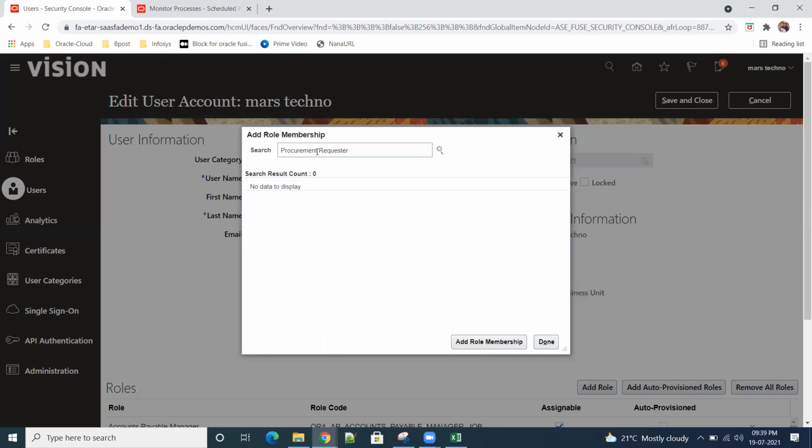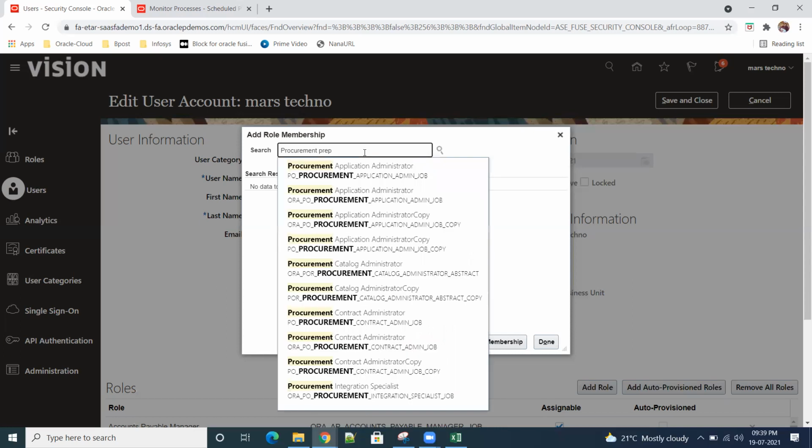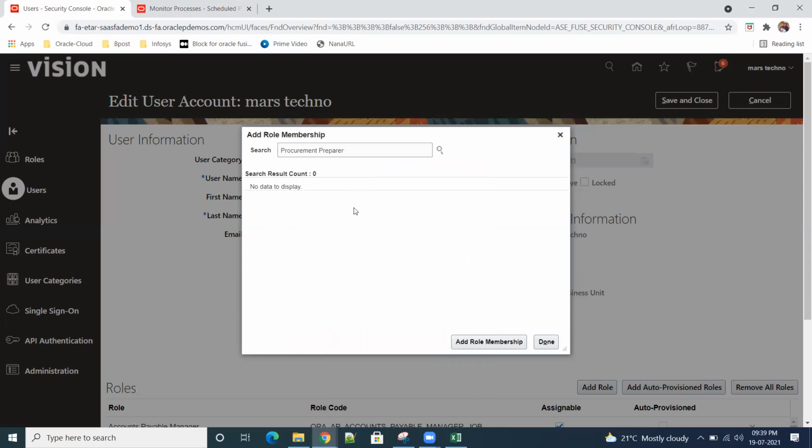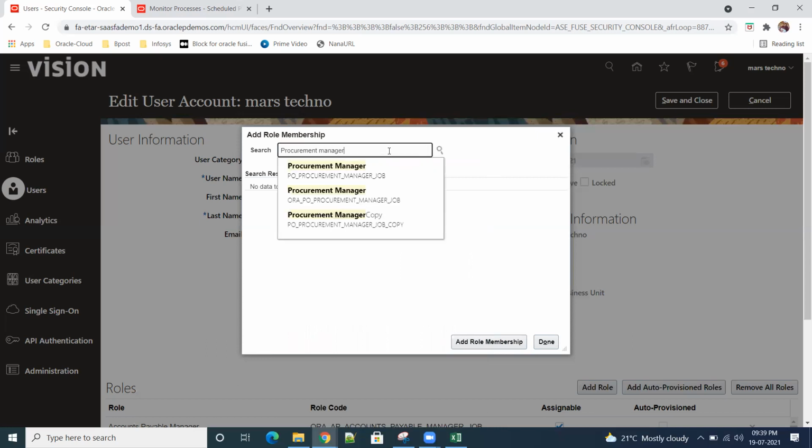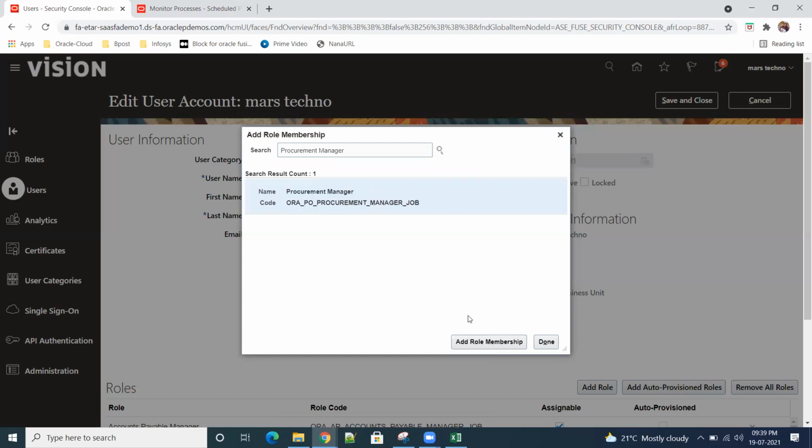Anyhow, we'll give all: requester, preparer, manager. And procurement contract administrator. Anyhow, you're not touching that now.